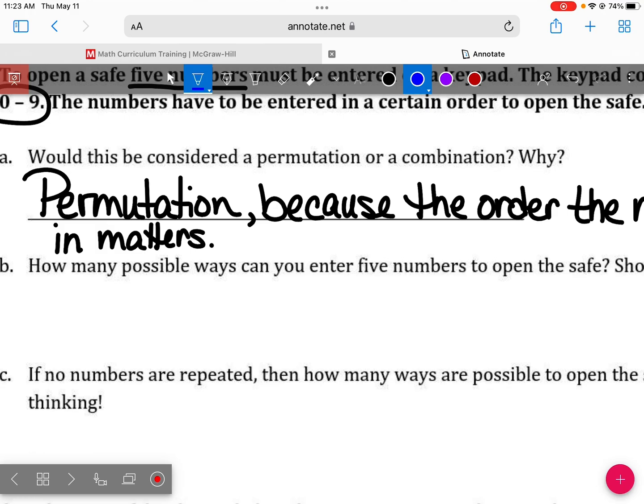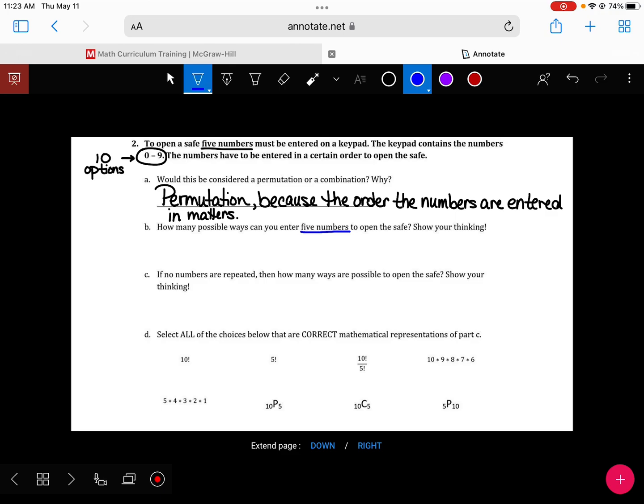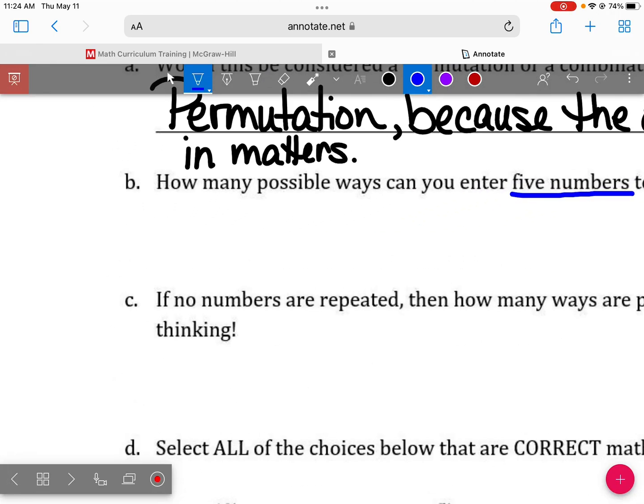How many possible ways can you enter 5 numbers to open the safe? So if I wanted to put my dad's birthday in as the safe code, he was born November 8th, 1958. So if I wanted to do 11/8/58, could I choose that? So are repeating numbers okay if I have 11/8/58? Yeah. So with that in mind,